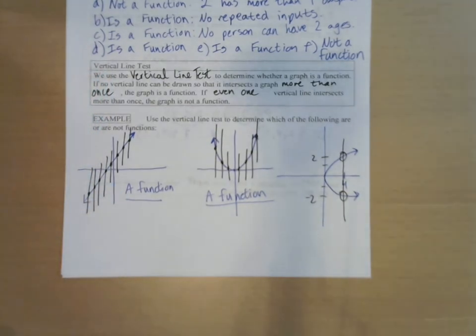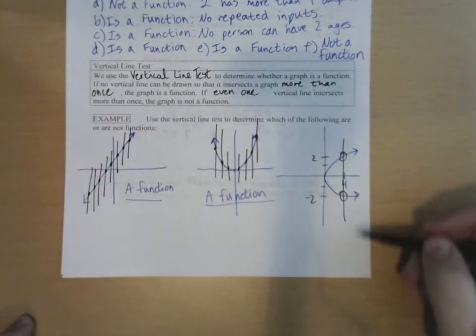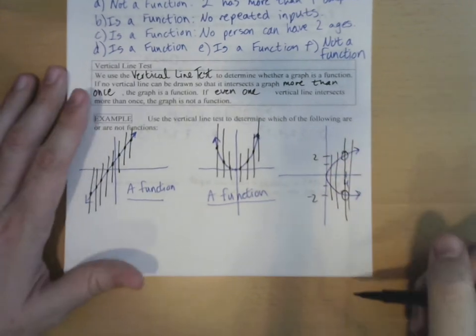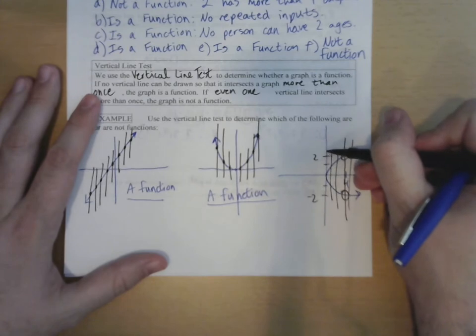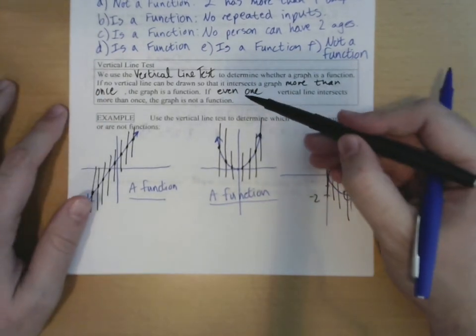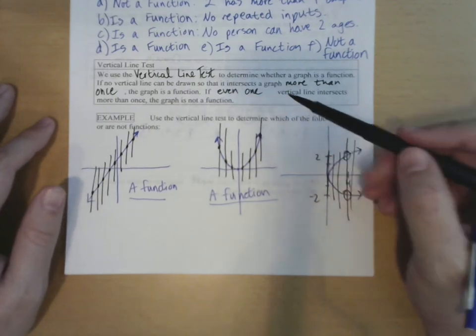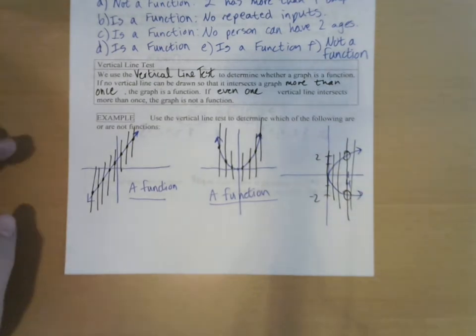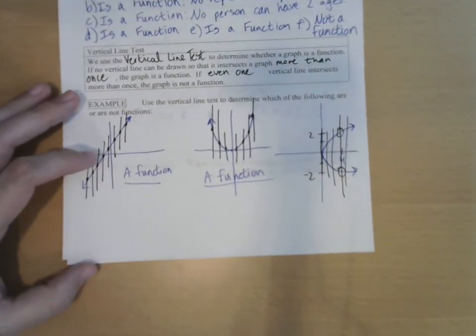We fail the vertical line test. And we fail in a lot of other places too, right? We fail here, and we fail here, and we fail here. In fact, you fail on every single vertical line you can do except this one right here. But it doesn't matter, because our definition says if even one vertical line intersects more than once, it's not a function. So you only need to find one failure to be not a function, even if you are